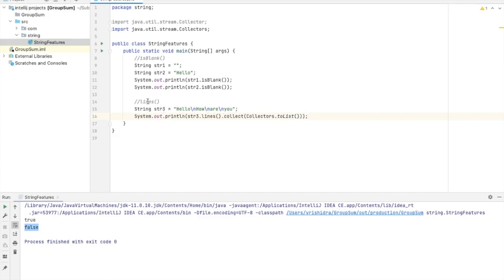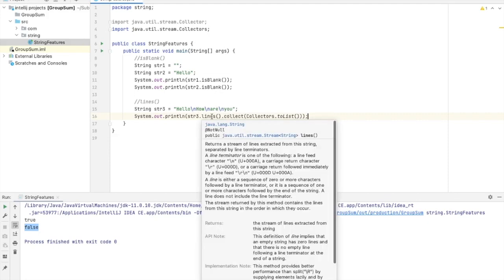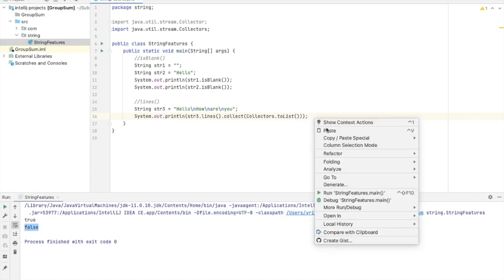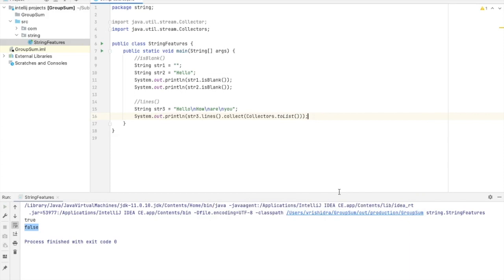So the lines method returns a collection of strings which are divided by the line terminators. This \n is a new line character which acts as the line terminator. So let us run the code. This is the list we got: hello, how, are, you.